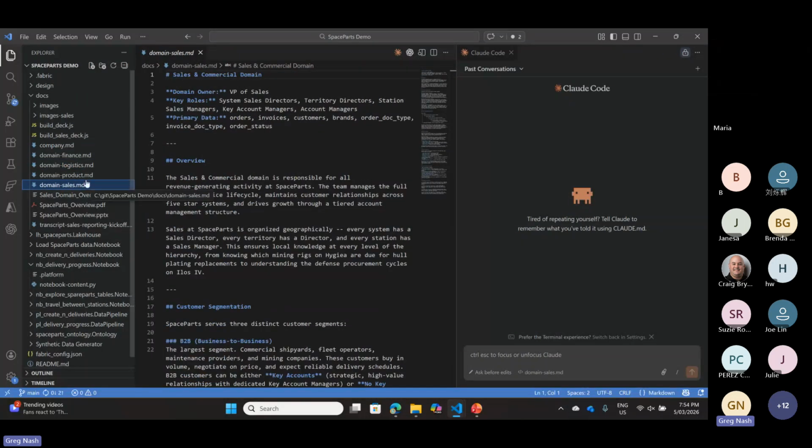Now, this essentially acts similar to like the Fabric ontology, right? What this is doing is giving the AI a lot of context about the company and who's in it and how it kind of works. So every time you say, hey, tell me a little bit about this XYZ data, it has all of that context about who the company is and information about the team you're in. You could put information about yourself in there, or you could put information about what you want the agent to do in a thing called a .claude.md file. That will actually always read that file before it does anything else. And so if you create a .claude